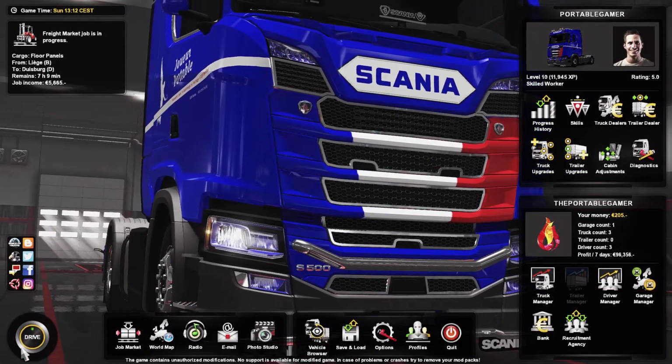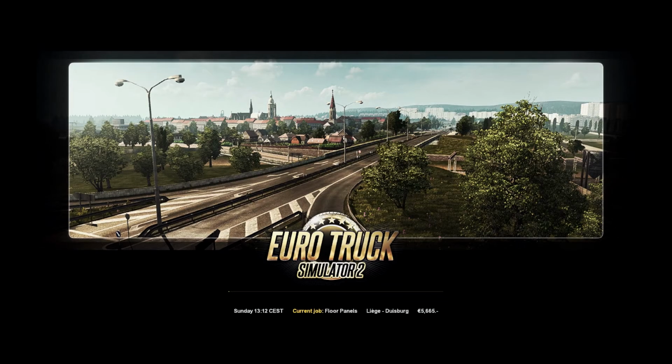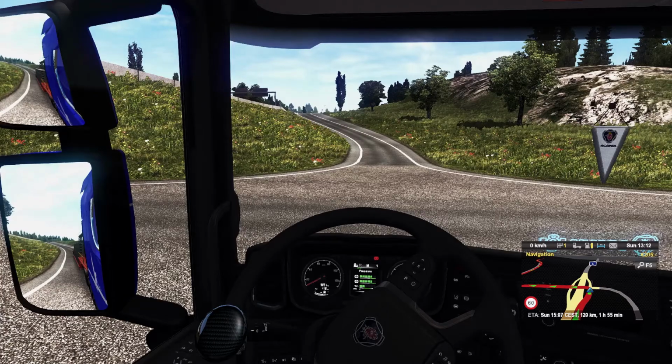No. This is bizarre. It's even in the in-between screen, it's still capped at 30, which is very weird. I don't know how long this is going to take to load. Hopefully not too long. There it goes. Quick enough. Okay. We good? Are we good? Are we cool? I think we're cool. Okay.